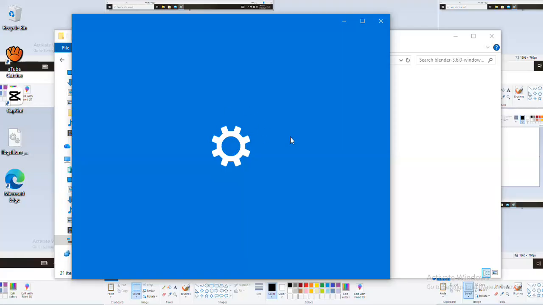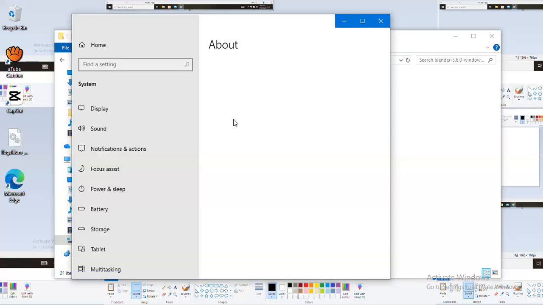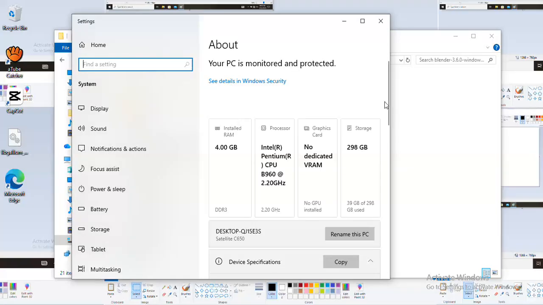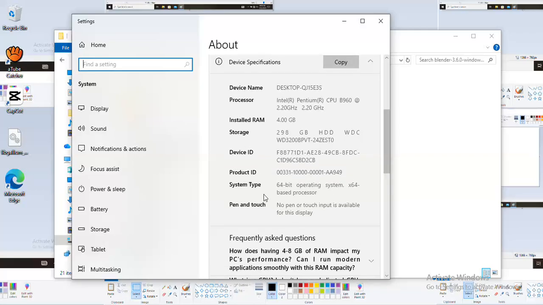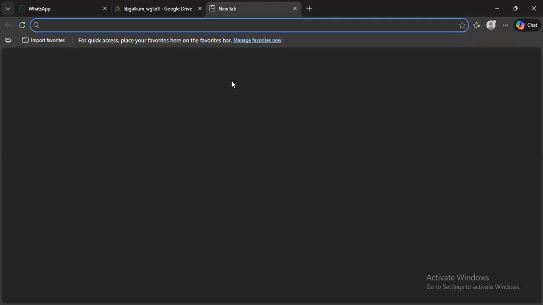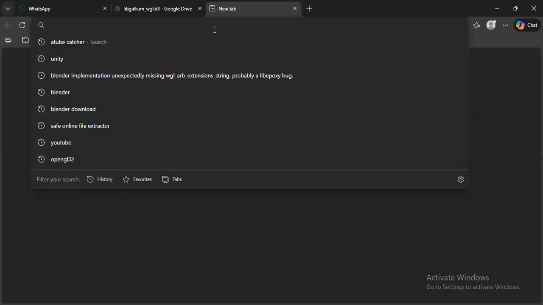You will load, wait some time, and here, System type: 64-bit. Remember this, 64-bit system. So with that information, you're going to go to your browser and look for